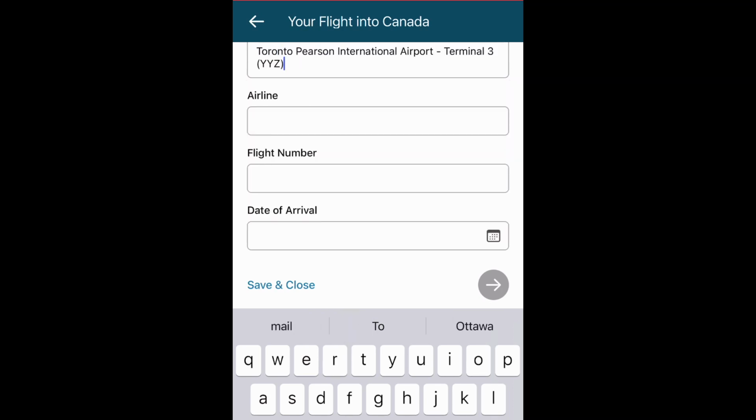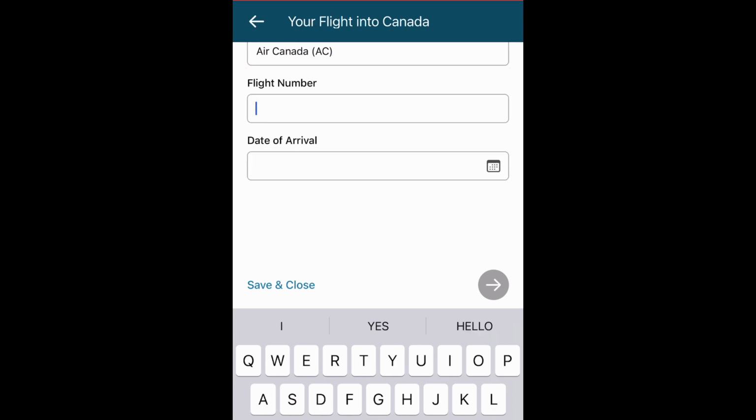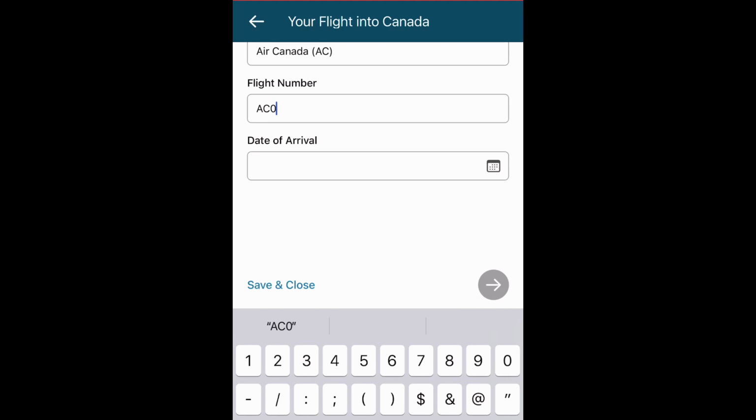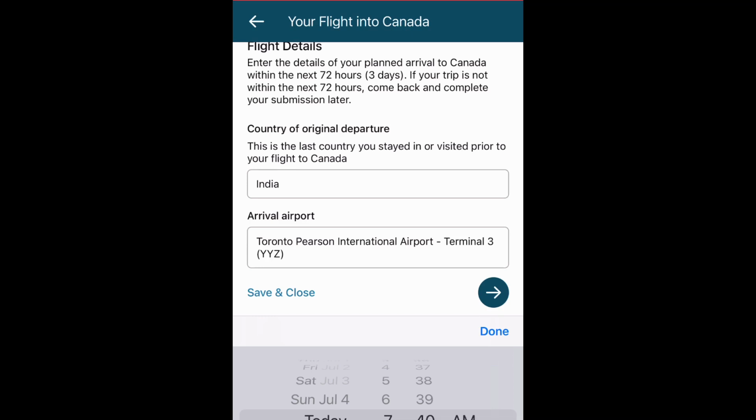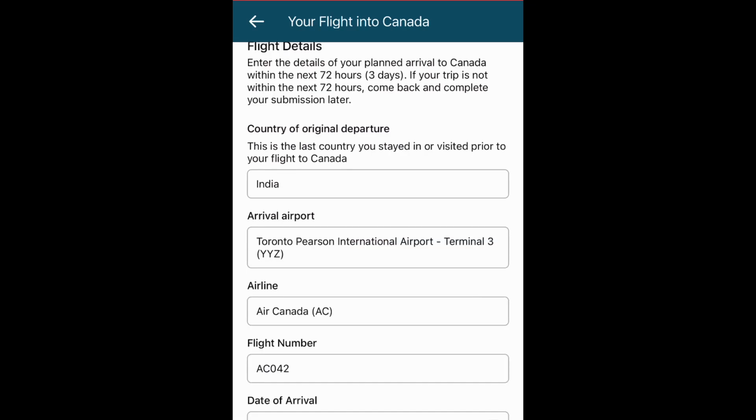Airline, let's say Air Canada. Flight number, there's a direct flight AC042. I'm not sure if it's 42 or 43, but let's put 042. Date of arrival, let's say you are coming the day after. Okay, and it lands around 5:40.